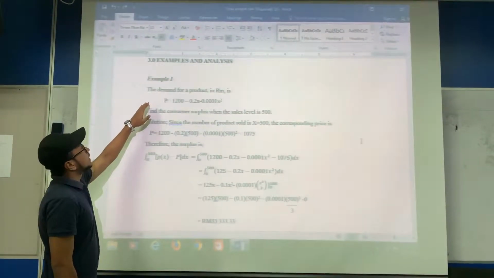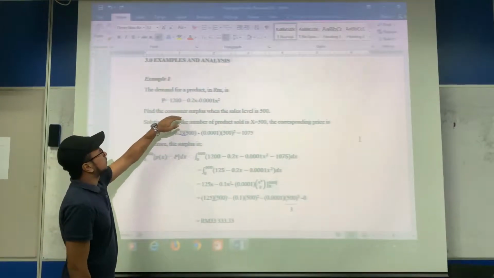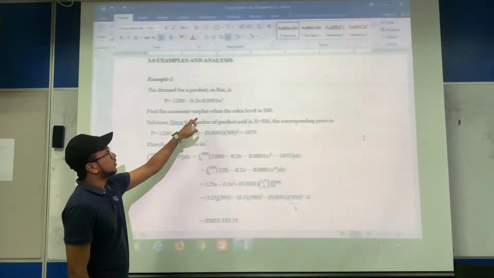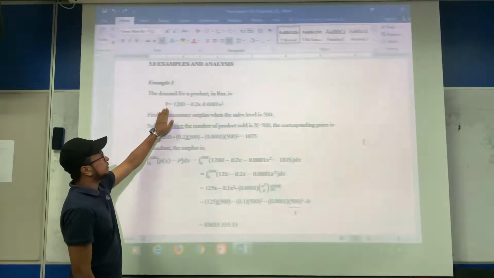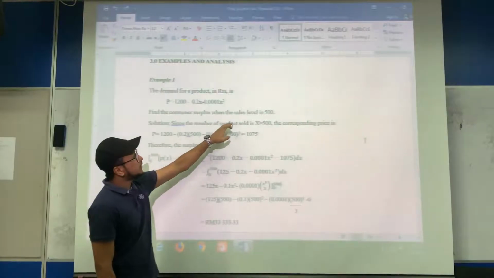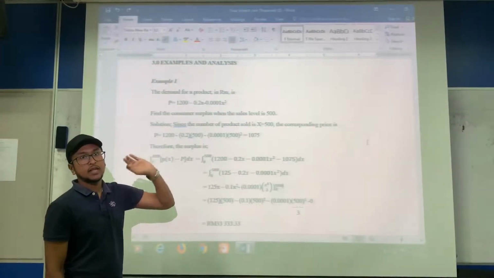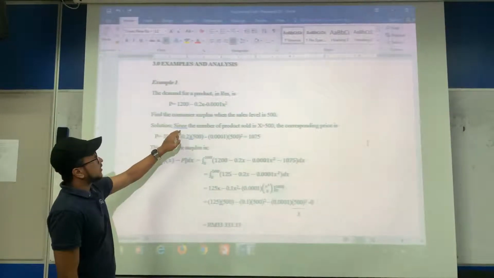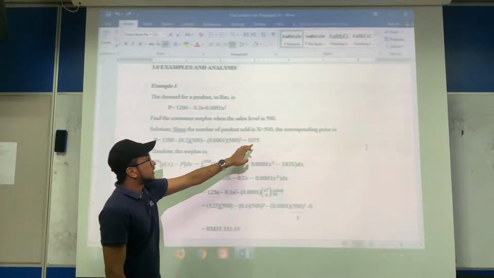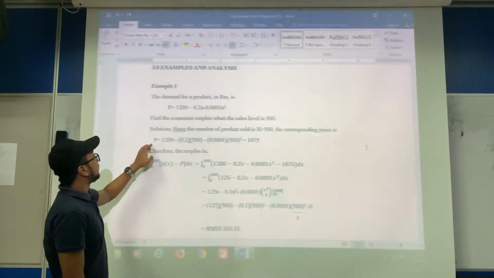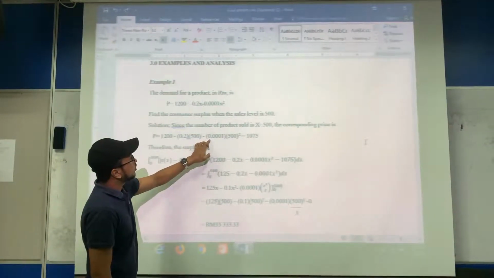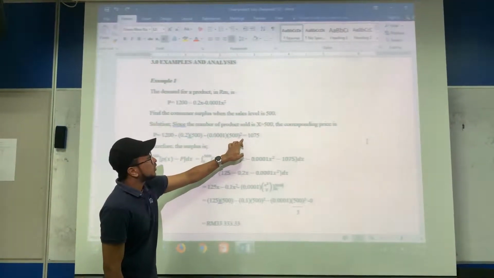For example 1, the demand for a product in RM is P equals 1200 minus 0.2x minus 0.001x squared. This is the price function P. And then the question asks us to find the consumer surplus when the sales level is 500, where sales is x. So the solution is, the number of products sold is 500, so x equals 500. Thus the corresponding price is P equals 1200 minus 0.2(500) minus 0.001(500) squared